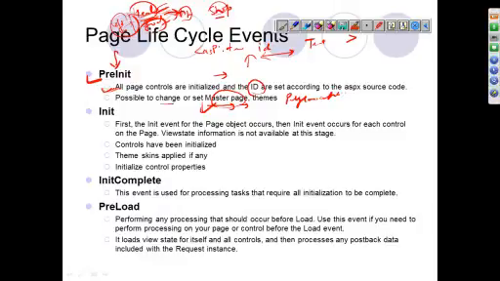It avoids rewriting this layout code, which is common to all the pages. That is why we use a master page. We are going to go into detail on what a master page is and how we can use it. This is just a brief of the master page. So in page pre-init, whatever master page we are applying to the page will be set.